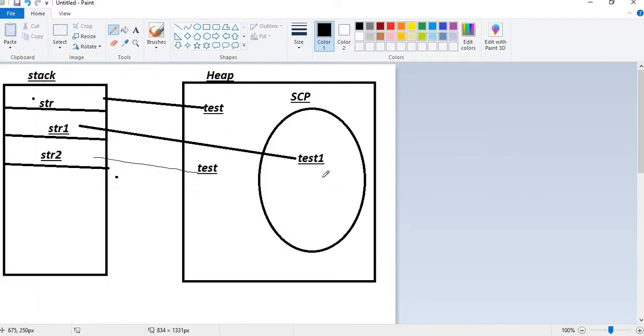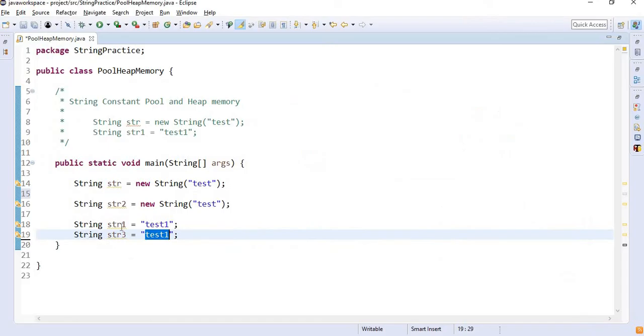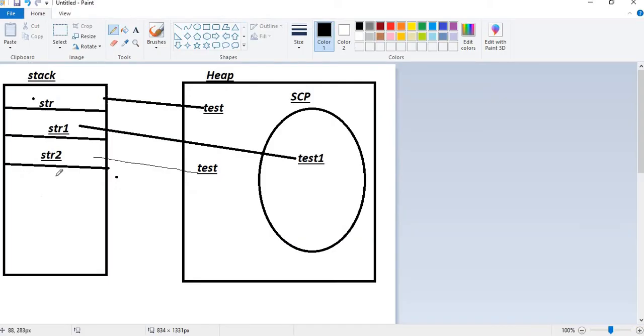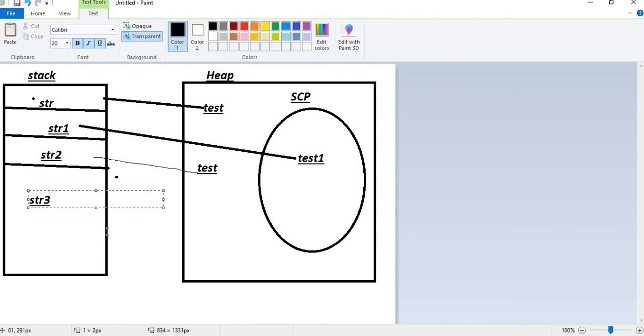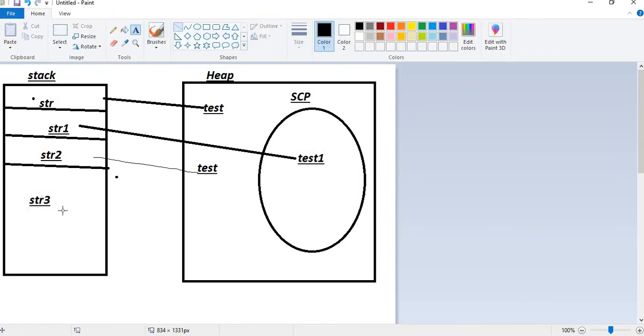Yes, we already have test1, so it will not create a different address for my test1. It will simply refer str3 to this.